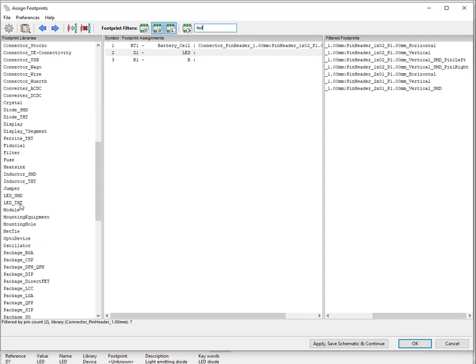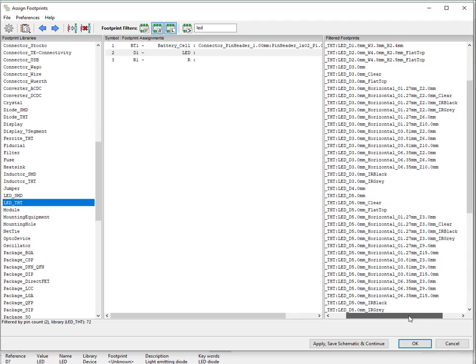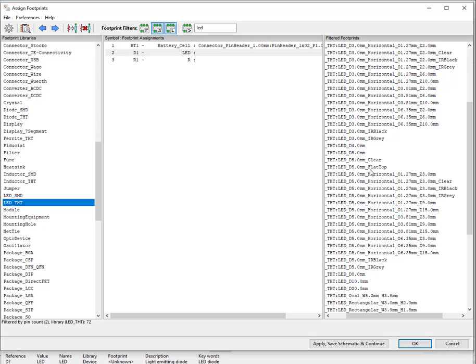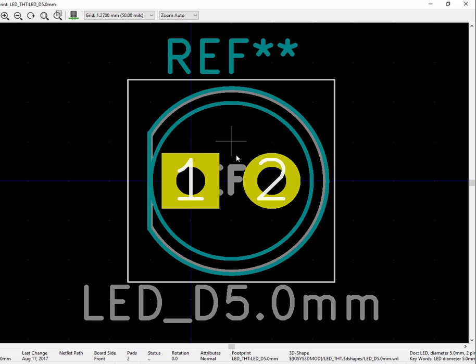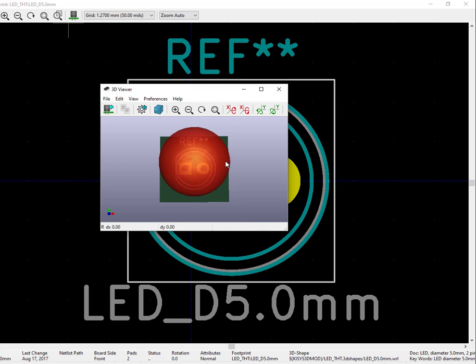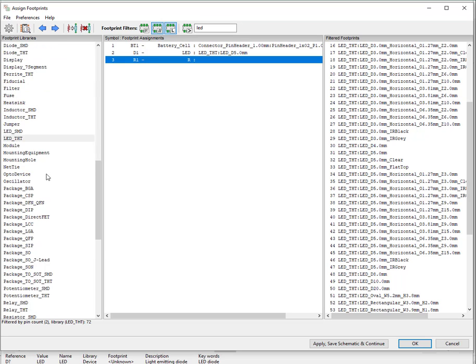LED, and I need a through hole LED. I go for 5mm through hole LED. So what I have to do is I have to see a vertical, 5mm, through hole LED. So for that what I do is I'll take this one, 5mm LED through hole terminal LED 5.0 mm. So this will be okay for me. So for viewing this one, I go for view footprint, and this is my footprint. I go for 3D view. This is my 3D view. So this is the LED, and I have to assign this one to LED,